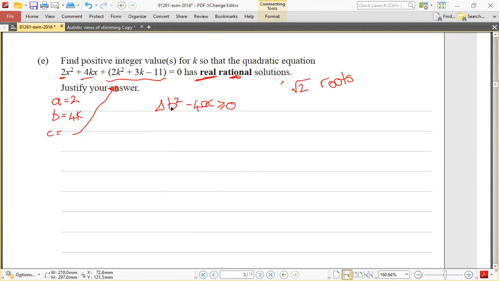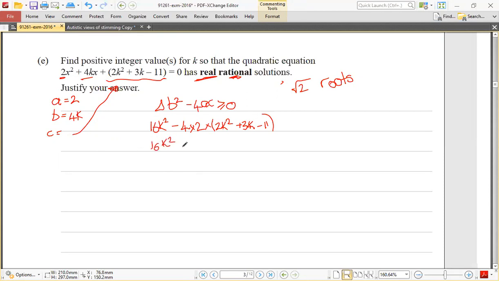Yep. So B squared is going to be 16K squared minus 4 times 2 times bracket the C, 2K squared plus 3K minus 11. Yeah? Right. So now we're going to expand things and we get